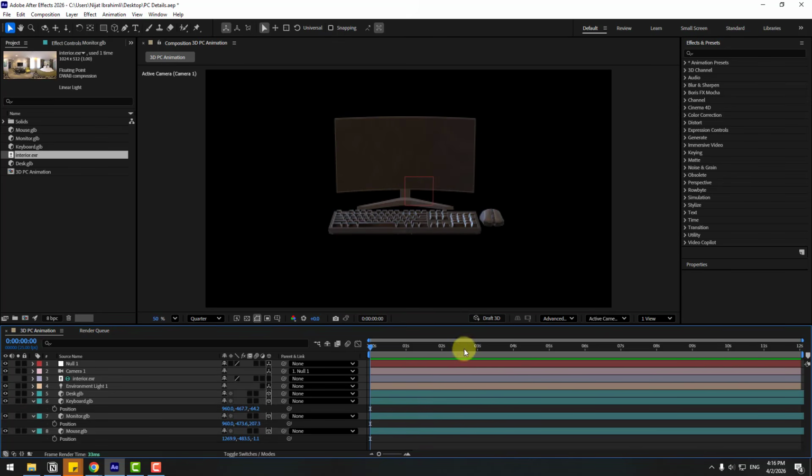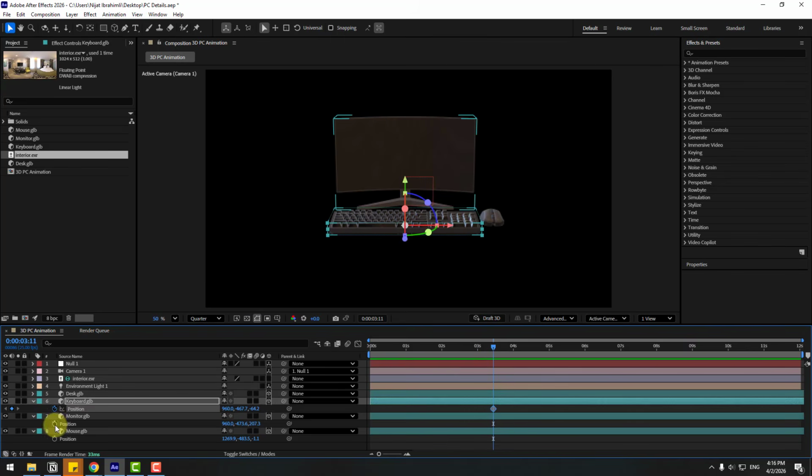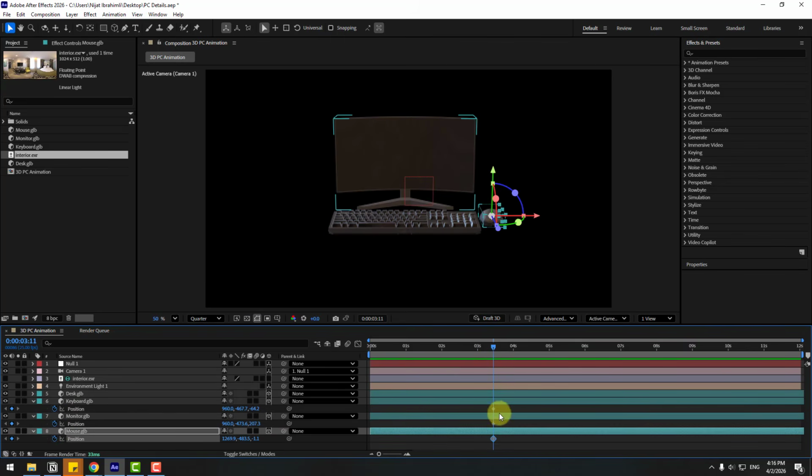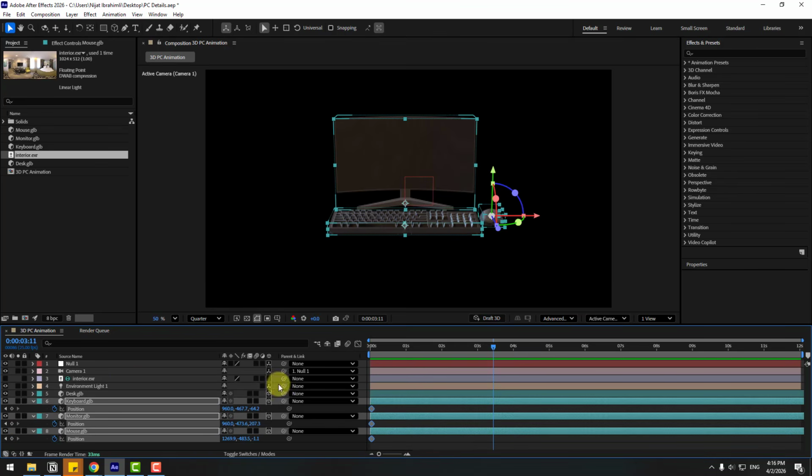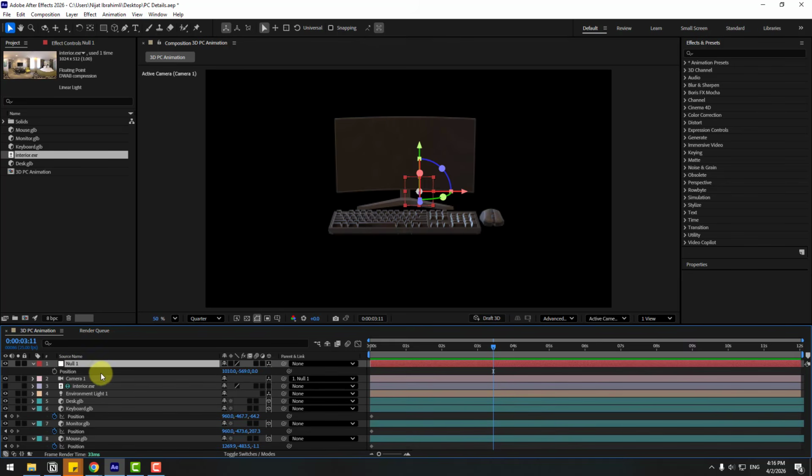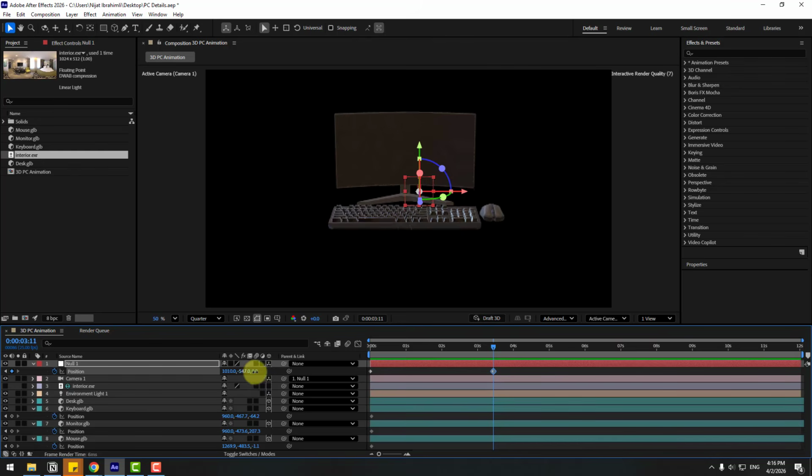So this time let's go to 3 seconds and create new position keyframes for all models, and choose these keyframes, move to the left. Okay, also choose null, press P and create a new position keyframe, move to the first second, and now let's move